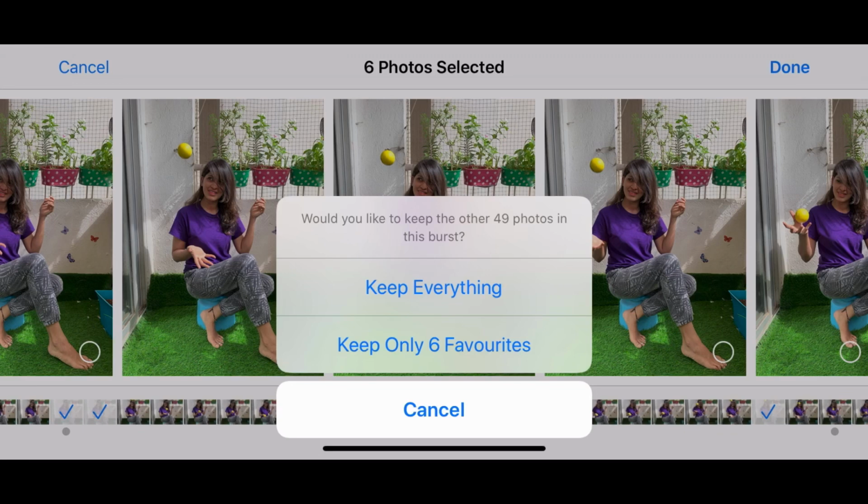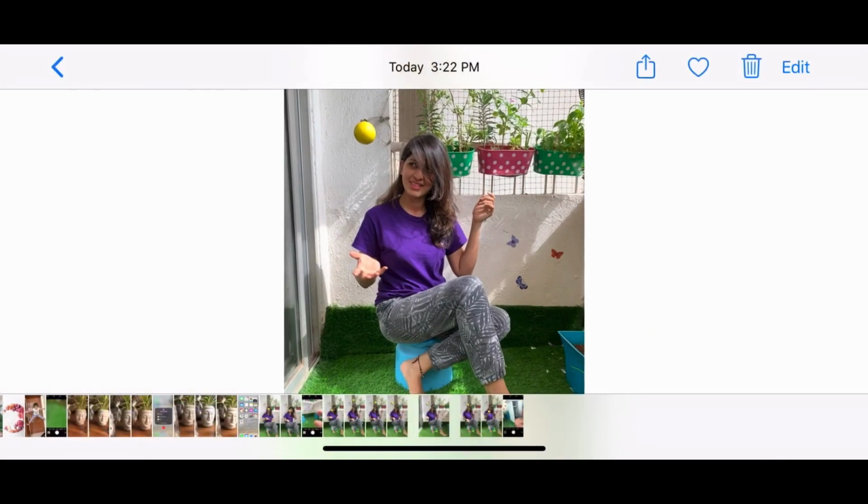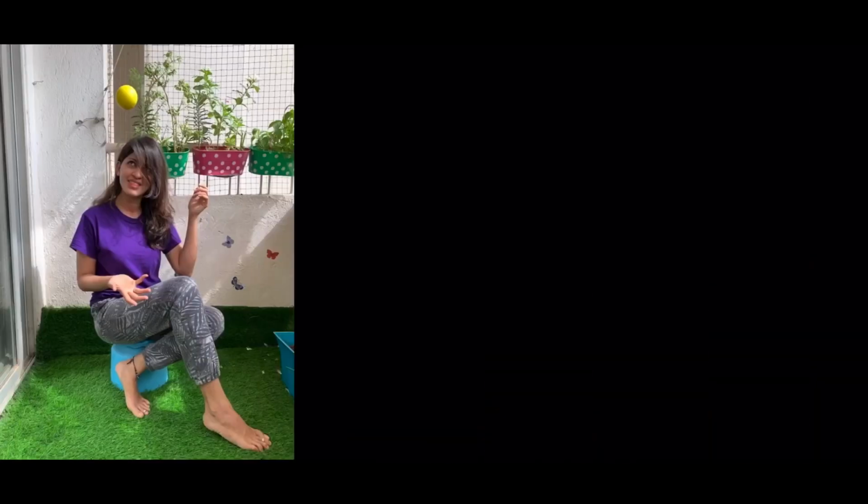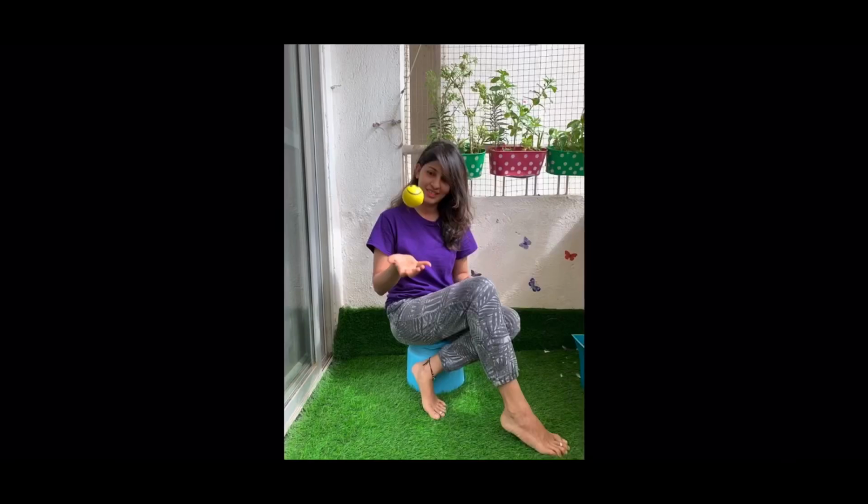So you can click on the option of keep only 6. I would select keep only 6 favorites, and then if you go into your camera section now, you would see only those 6 pictures which you liked.